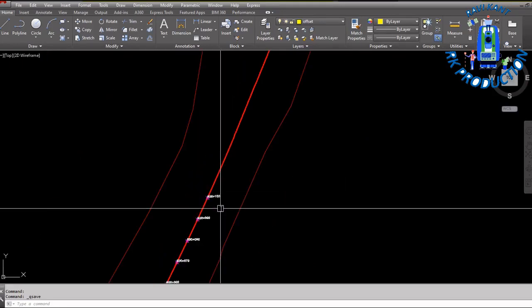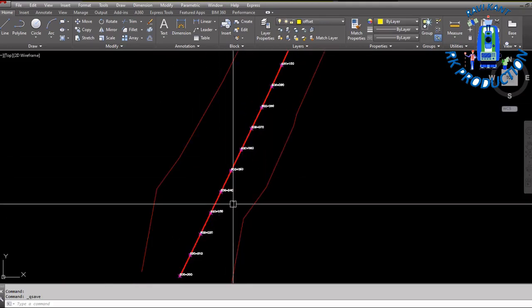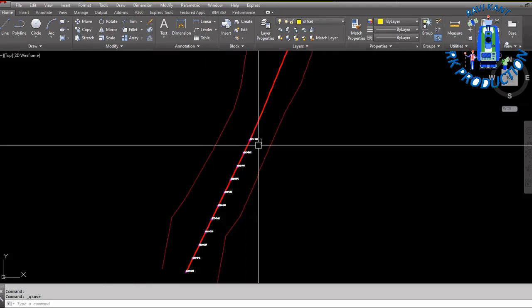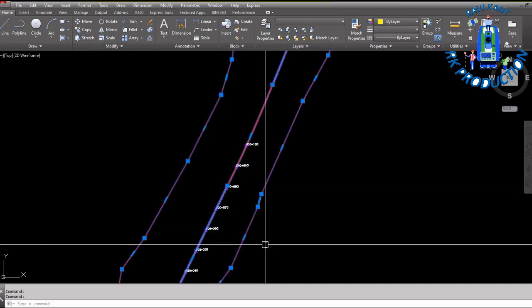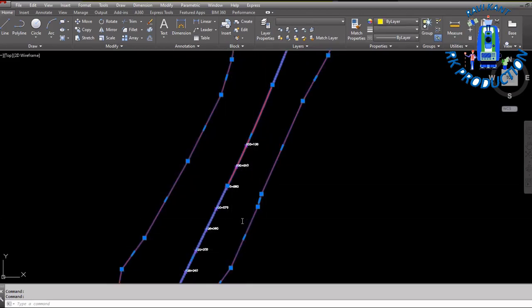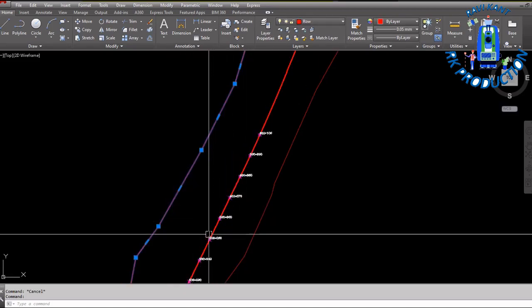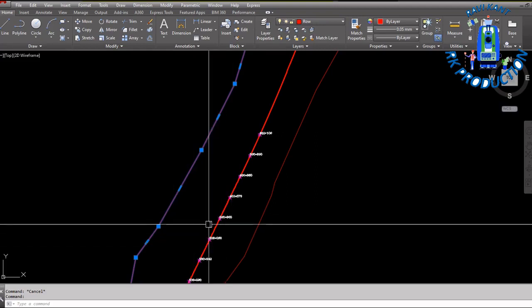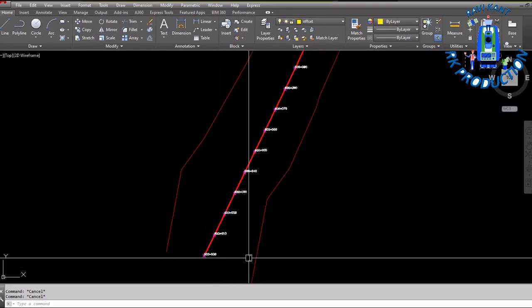So let's start. This is our AutoCAD, and for example, this is your road alignment, this is the center line, and these are the ROW, your land limit. So sometimes you need to offset how far this land is from the center on both sides, and you need a list chainage-wise. For example, see,